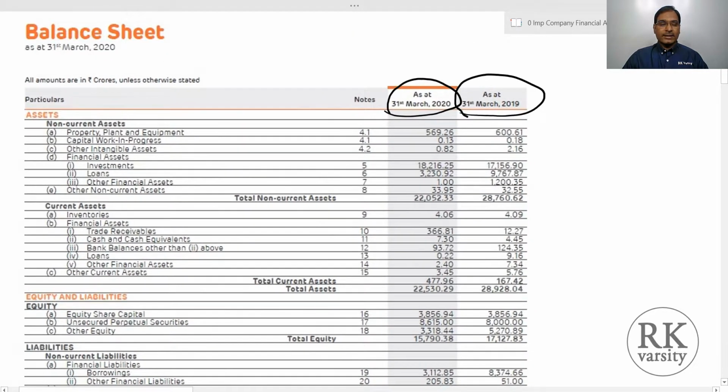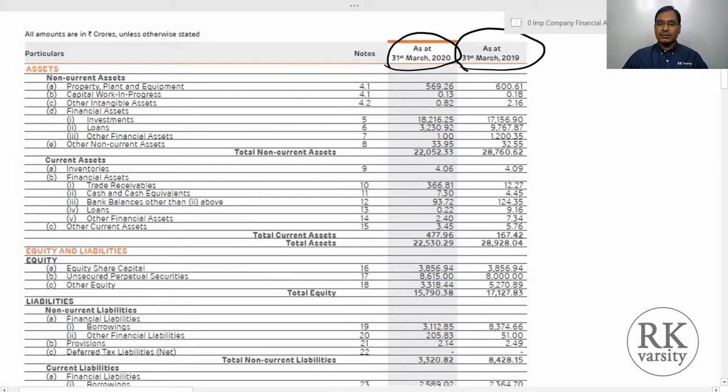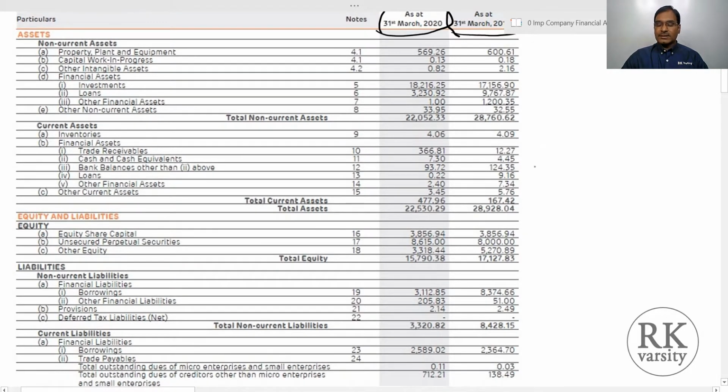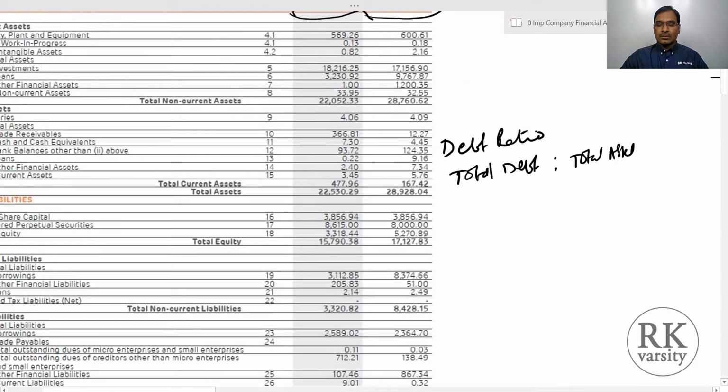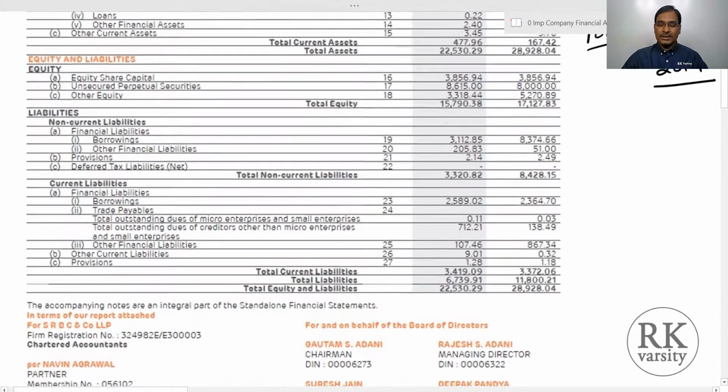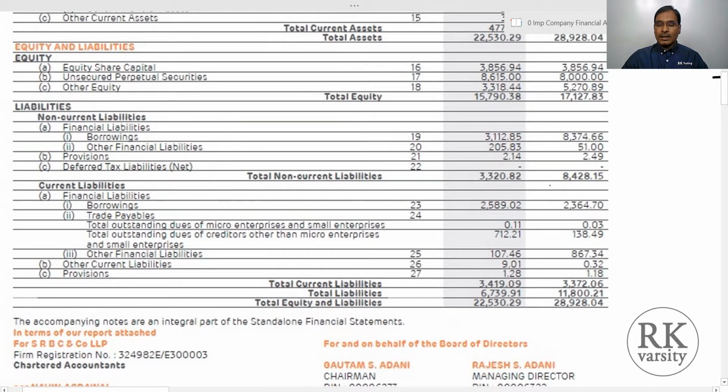We will calculate the debt ratio for both the years, 2019 and 2020, and see how the debt ratio of this company actually is and what factors influenced it. So the debt ratio equals total debt upon total assets. We'll calculate for 2 years, 2019 and 2020. Here, total debt is total current liabilities as well as the non-current liabilities. From the balance sheet, you can see that the non-current liabilities are